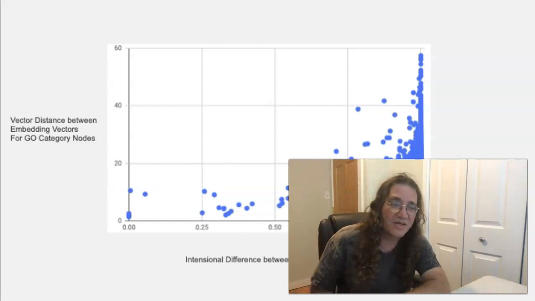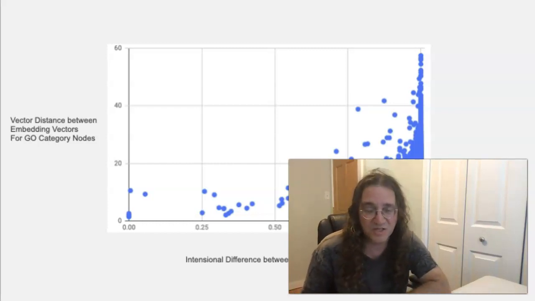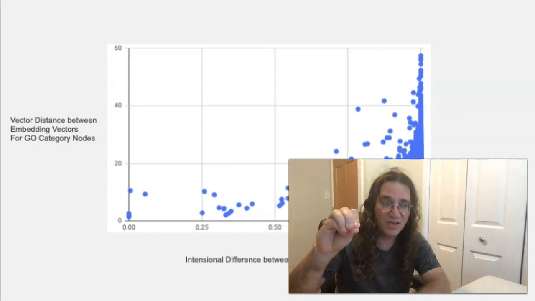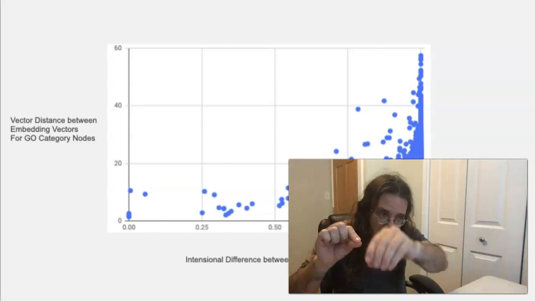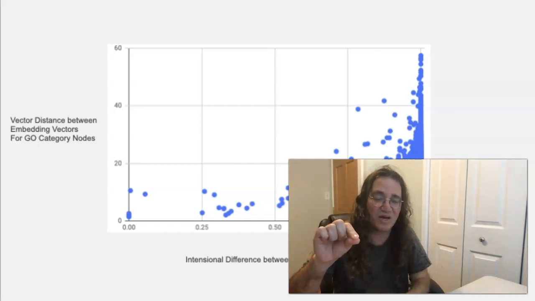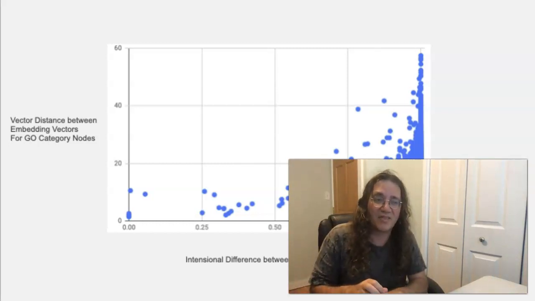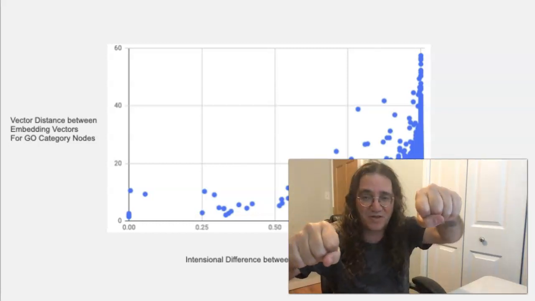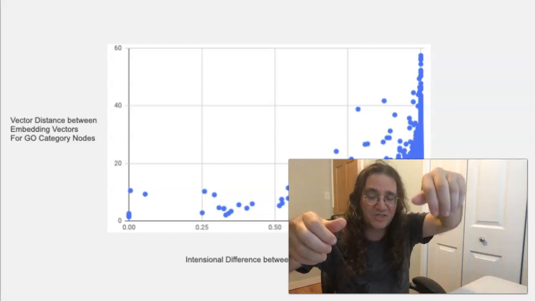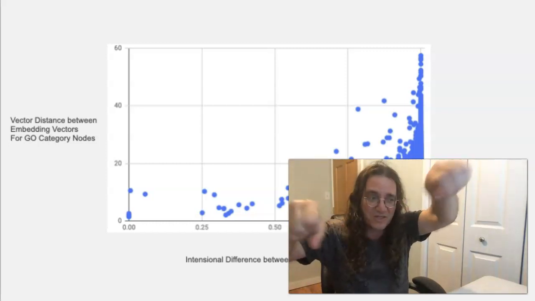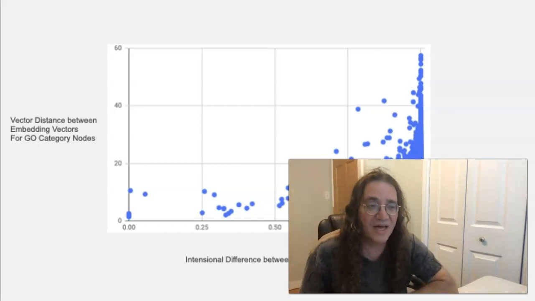So what you can do there, you can calculate what's called the intentional difference, and that's the difference of properties. So for each node, you construct a fuzzy set of all the properties of that node that are represented in the atom space hypergraph, where each property is weighted by how much information it gives about that node. And then you know the properties of one node, the properties of another node, the fuzzy set of properties of one and the other. And then you look at the fuzzy set symmetric difference between the fuzzy property sets of the two nodes. And that basically, suitably normalized, gives you the intentional difference between the two nodes.